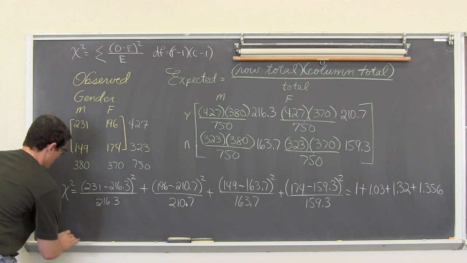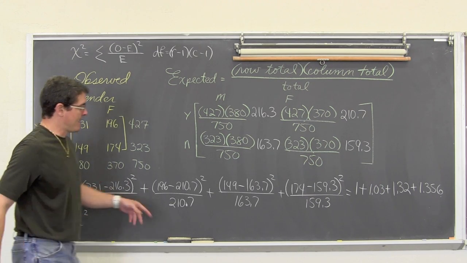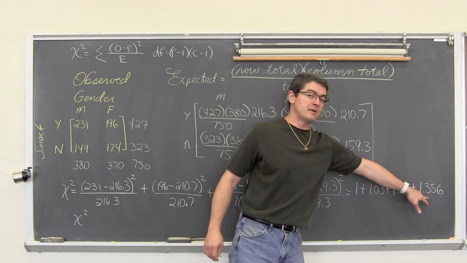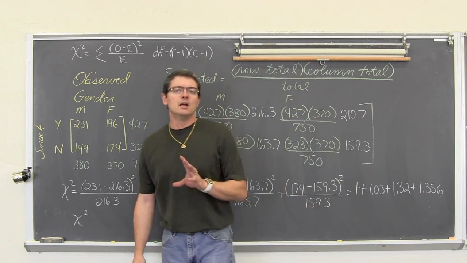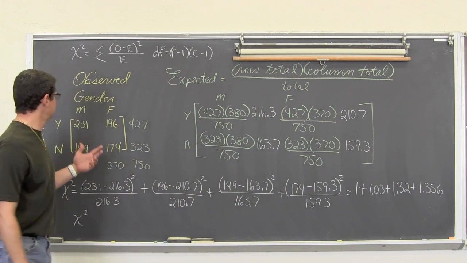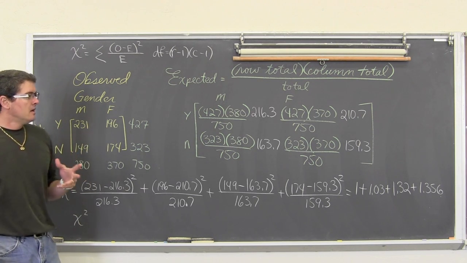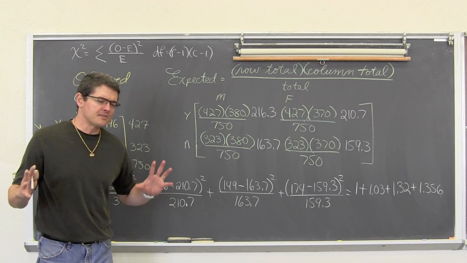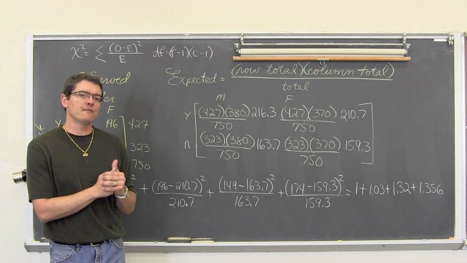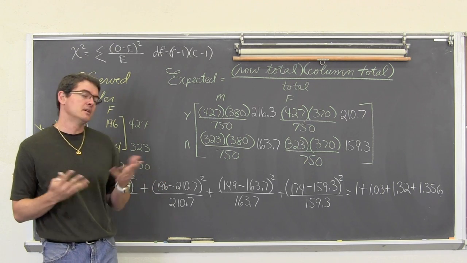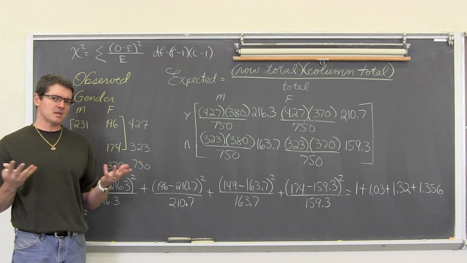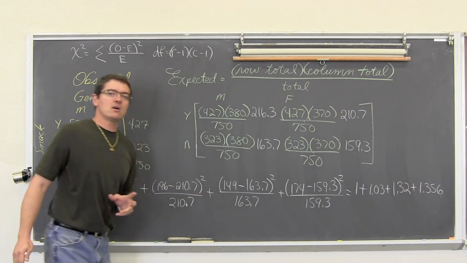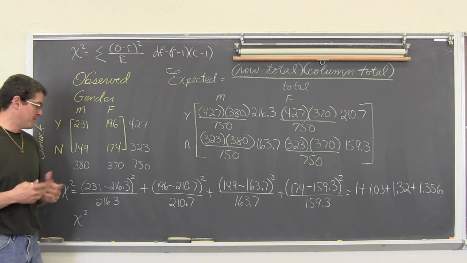That gives me a chi-square value after I add up these 4 terms, and by the way, clearly this is the biggest term, so that's going to be the term, the female saying they don't snack. That's going to be the element that gives us the biggest hit to our chi-square value, that increases it the most. Sometimes that's asked for in the book, which term had the biggest impact on chi-square, which one made it grow the most.